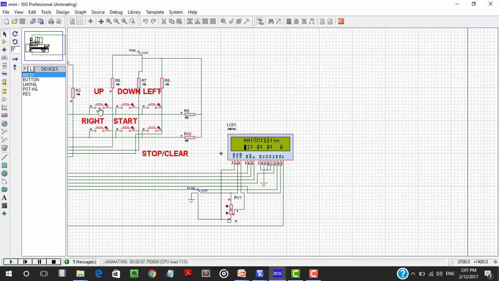You can increment or decrement by using these push buttons. Down means it will count down, up it will count up, and right and left are for navigating. We will set hour equal to 23, seconds equal to 59 and milliseconds equal to 998, and then I will start it. The clock started.